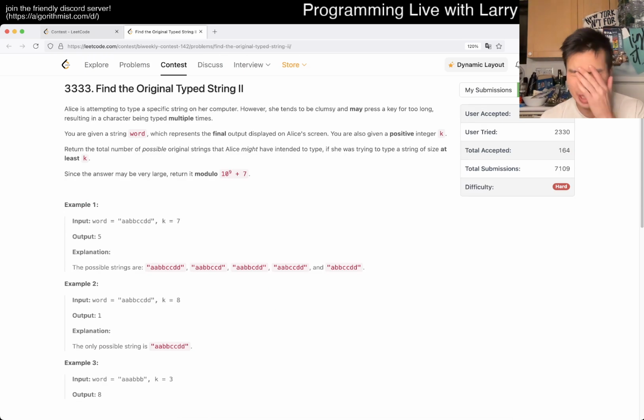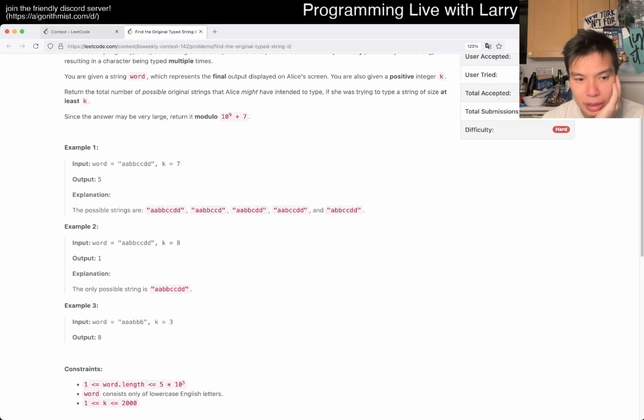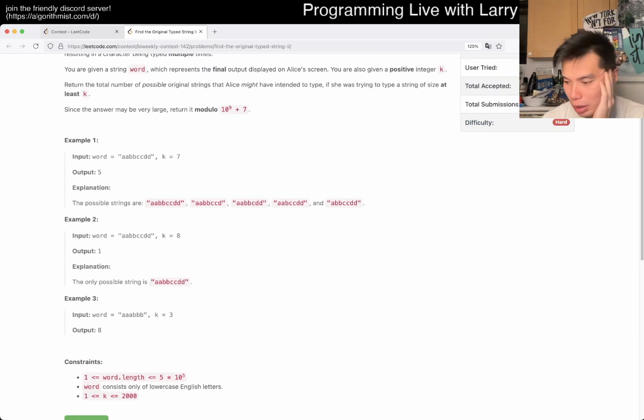Okay, what if there's no k? It's a dynamic program. If there's no k, then it is just 3 times 3. Is that true?